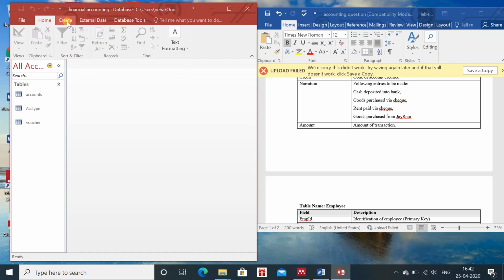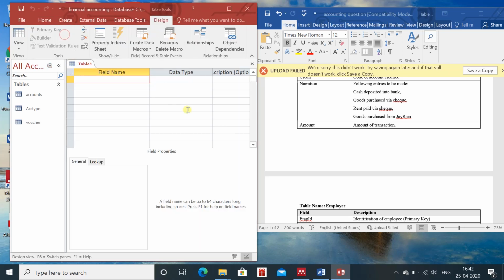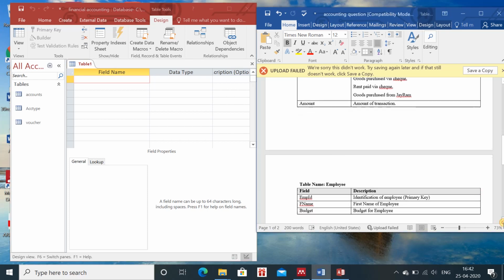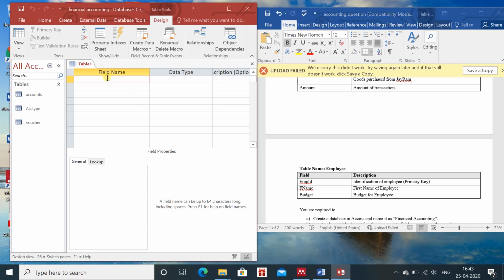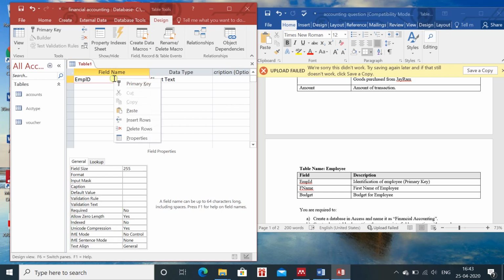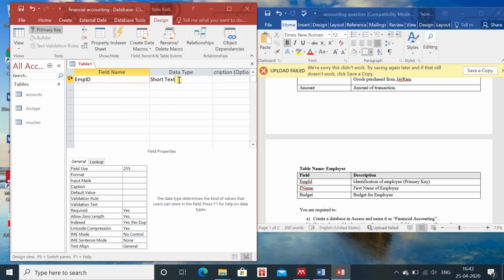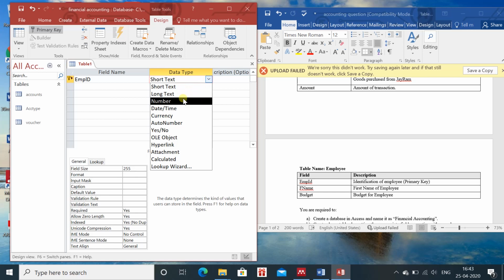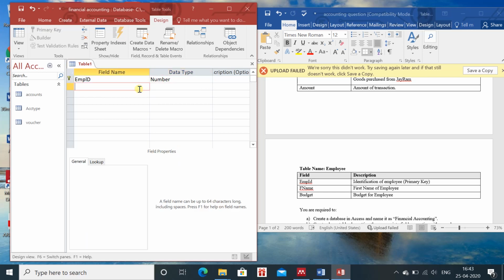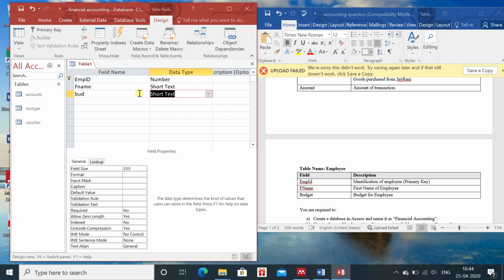Now we have to create one more table. Create table design, and the name of the table is this, but we have to create it. Employee ID, and then right click, primary key, and then we have the text. See, when we are talking about the employee ID, it can be in number also, but generally it will be in text. Then FNA, then budget.